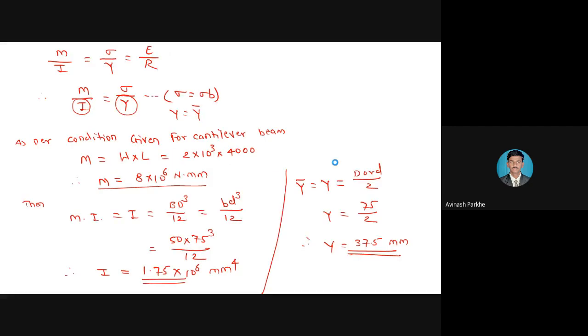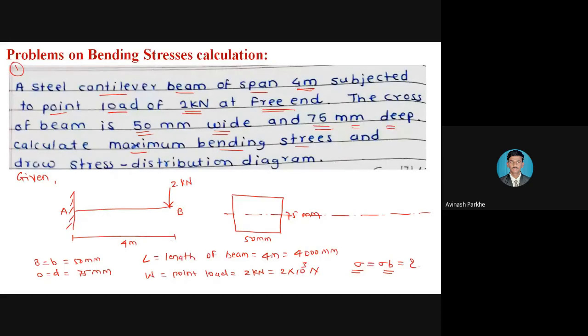Now please tell me, in case of a cantilever beam, here the cross section is given as a rectangular section. Above the neutral axis, whether tension is there or compression is there for the cantilever beam? Tension is there, and below the neutral axis, compression is there. That means above the neutral axis, whatever bending stress is developed is considered tensile, and below the neutral axis or below the center line, that stress is called compressive bending stress.